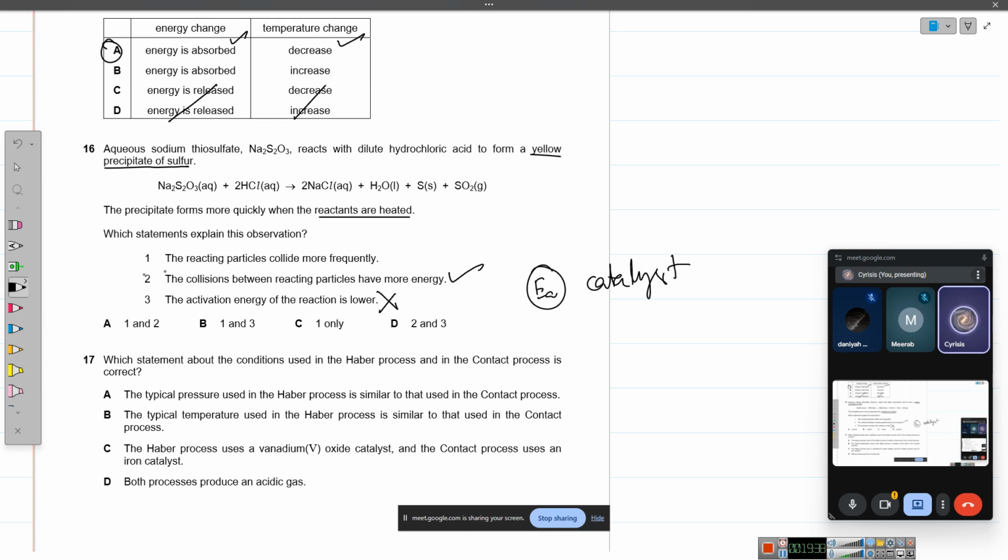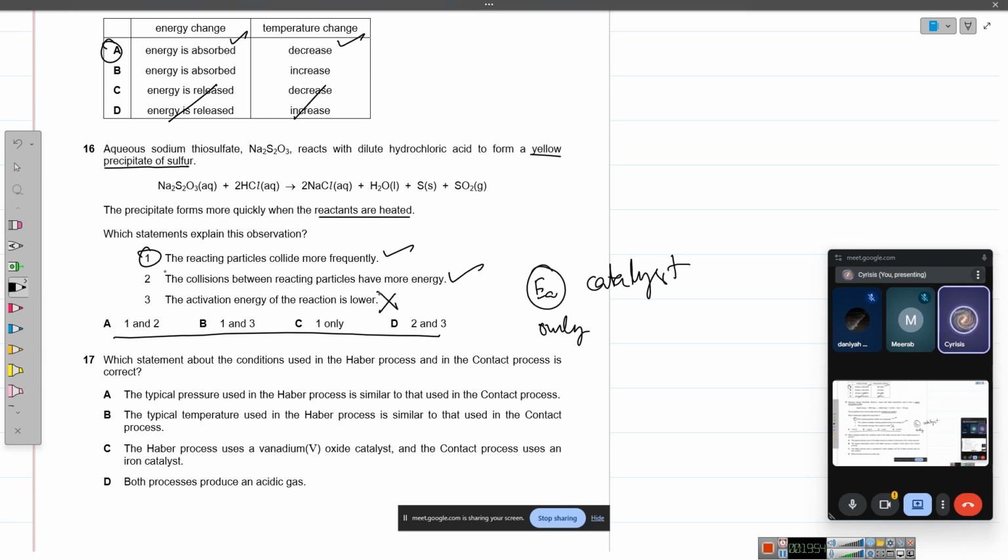I would go with only 2 because usually temperature is not related to the frequency of collision, but I don't see an option here that lists only 2, right? That means option 1 will also be correct, right? You get the idea. Even I can get confused as a teacher, but I again